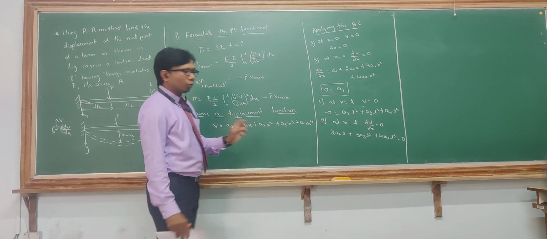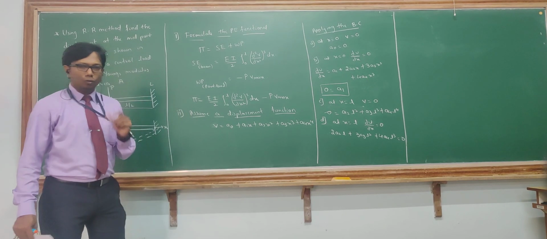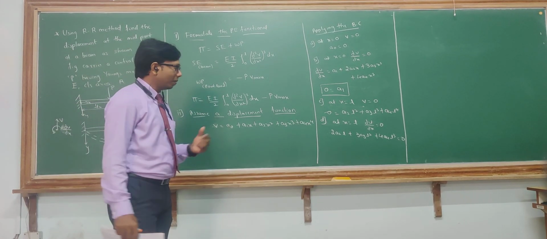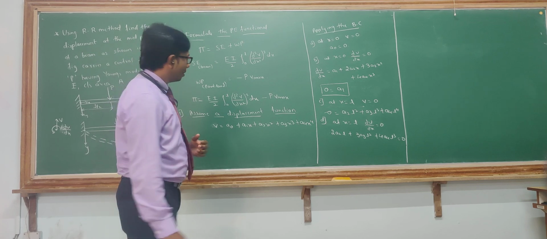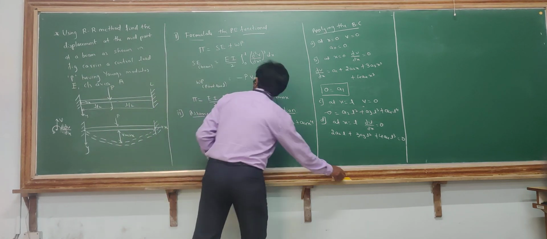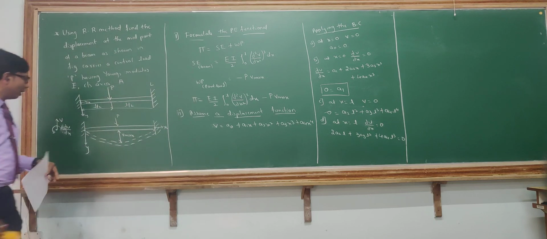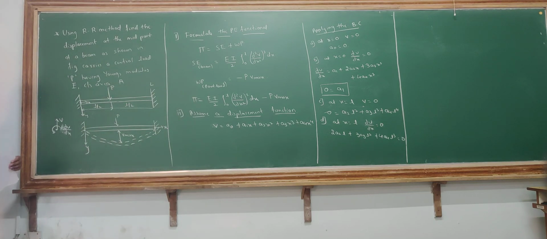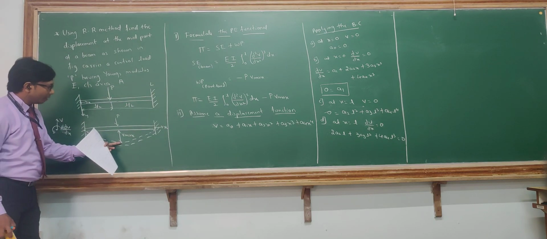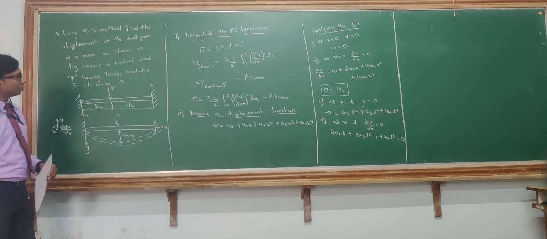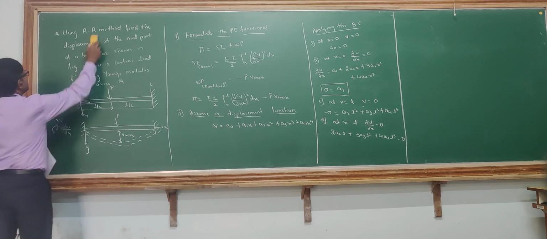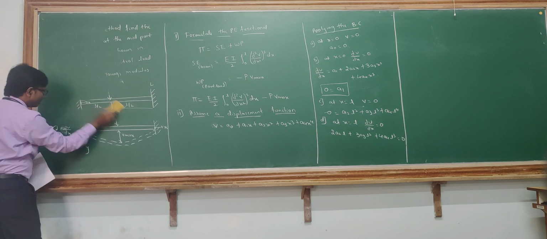So finally we have to get a common term to do the differentiation or to minimize the potential energy function. Okay, so what we are doing is we'll just rub this problem. So I hope you have taken the problem. I'll explain at this particular point we need to find out the maximum displacement. So for the space constraint, I'll just rub this.